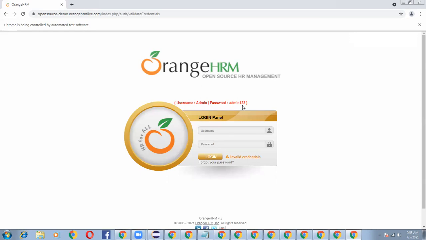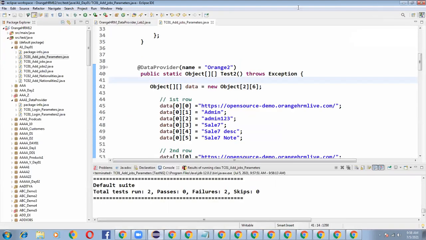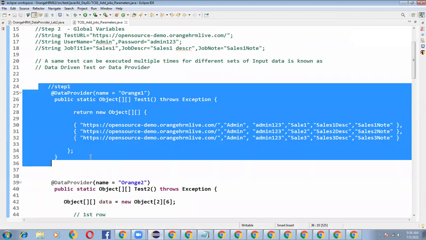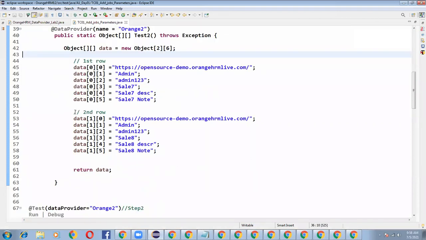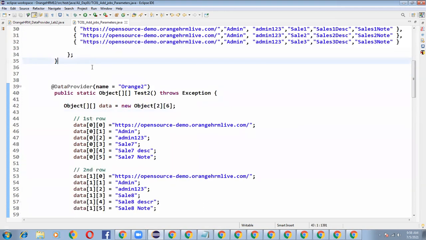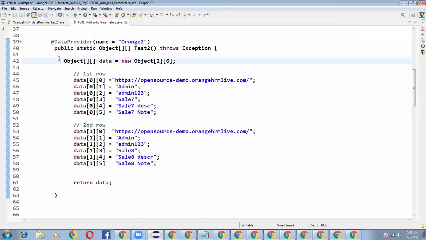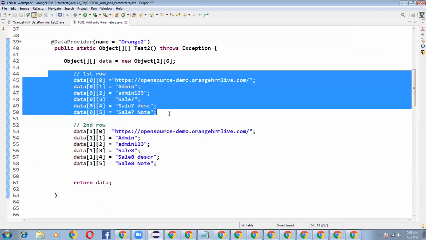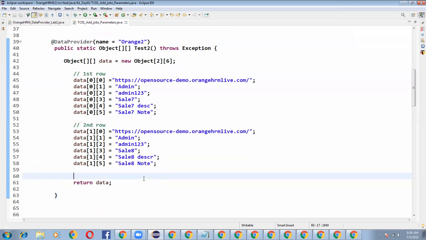You can try. Okay. So totally the data provider concept can be implemented in 2 ways. This one approach we have seen, straightforward and very simple. But in interviews, whenever people ask, we need to write this syntax. How do you create a data provider object array? You need to mention this. Okay, 2 rows and 6 columns. 2 rows means this is the first row, this is the second row. So this is the syntax you have to specify.